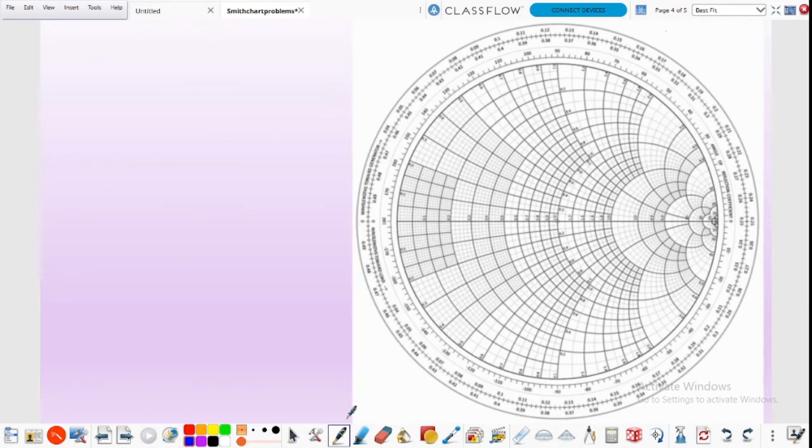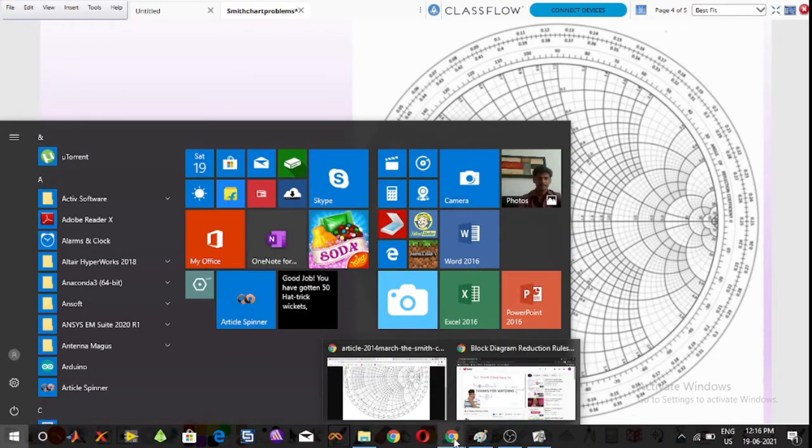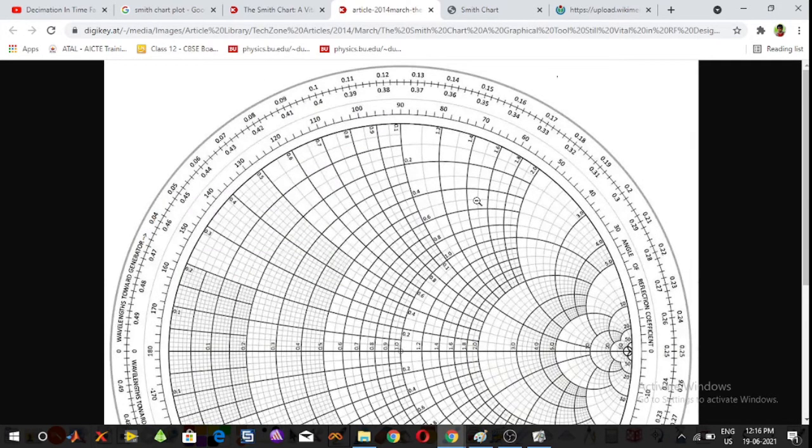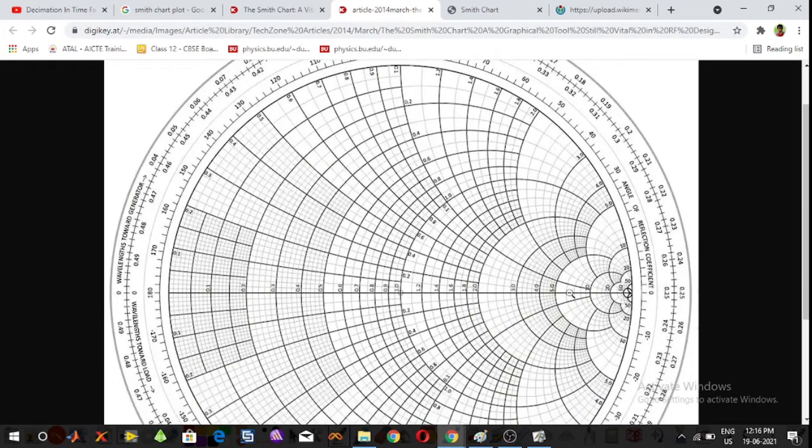See in this Smith chart, observe clearly in this figure. These circles are the resistance circles: this is the R is equal to 1 constant circle, R is equal to 1.2, R is equal to 1.4, R is equal to 1.6, R is equal to 1.8, R is equal to 2.0, R is equal to 0.9, 0.8 circle. So these are the R is equal to constant circles, and then the reactance circles.